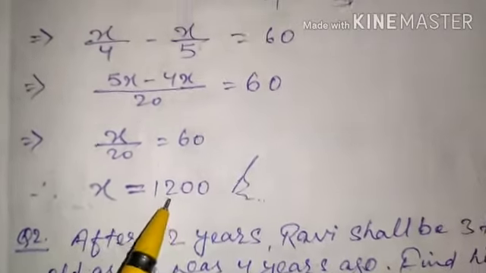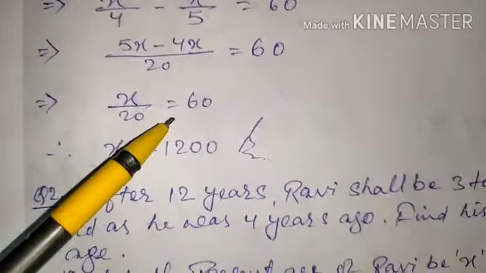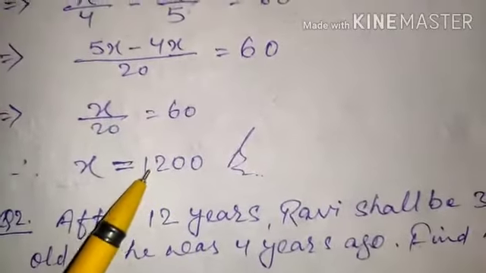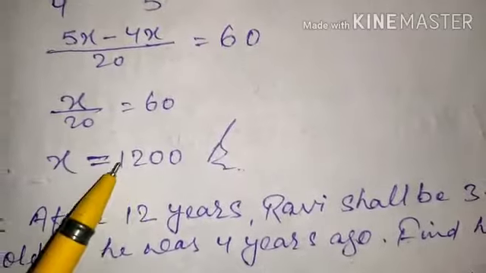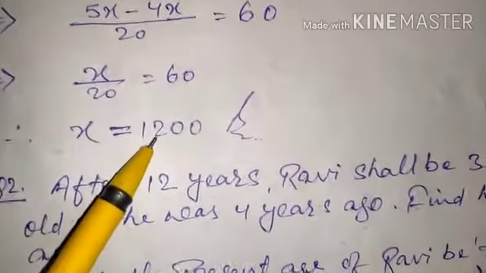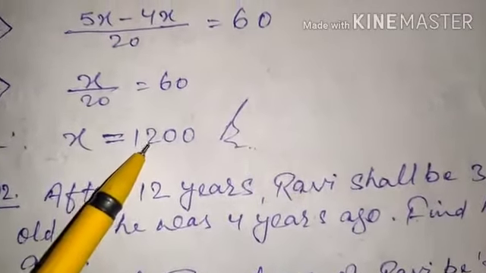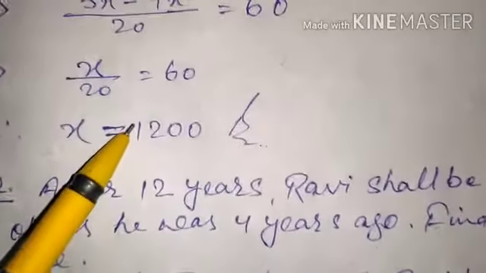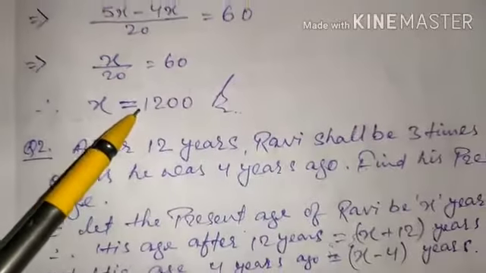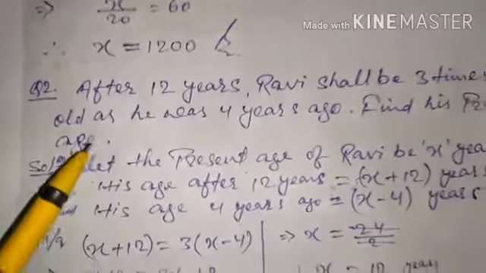So what is the number? The number is 1200. And if you want to verify this, you can take out the 1/5 part of 1200 and then add 30 to that, and you can take out the 1/4 part of 1200 and then subtract 30 from that, and you will see that you are going to get the same number. I hope so, 270 approximately. Might be, it can change also. Approximately I'm saying that 270 you are going to get. Okay, now moving on.